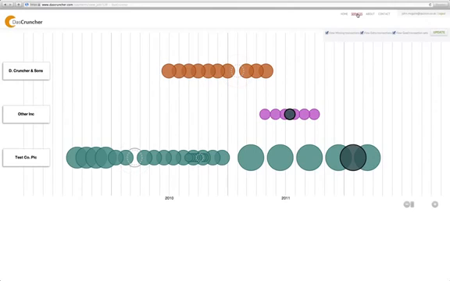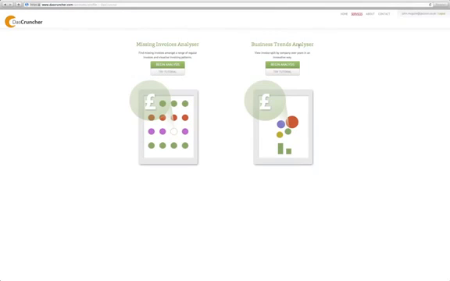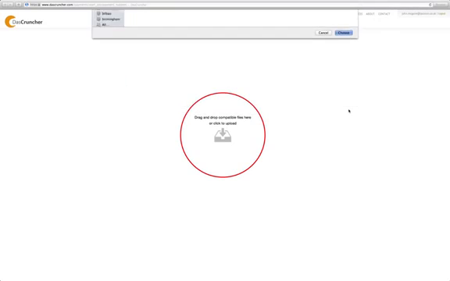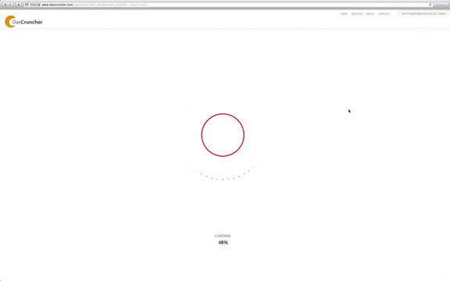That's effectively the analyzer for missing invoices. If I go back to services here on the top and look at business trends analyzer, it works in the same way. You upload the same compatible Sage file, and I have a large file of test data here in CSV format. As I say, this has just been downloaded from Sage Line 50, and there are instructions on the website as to how to create that file. It's literally a 2-minute job. So we upload the large file here,